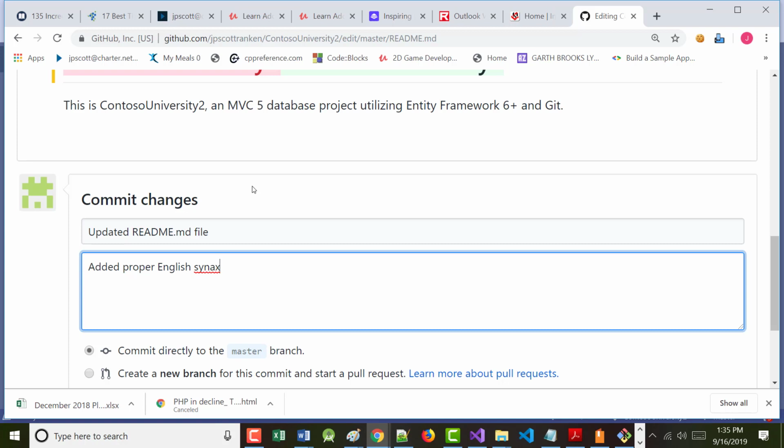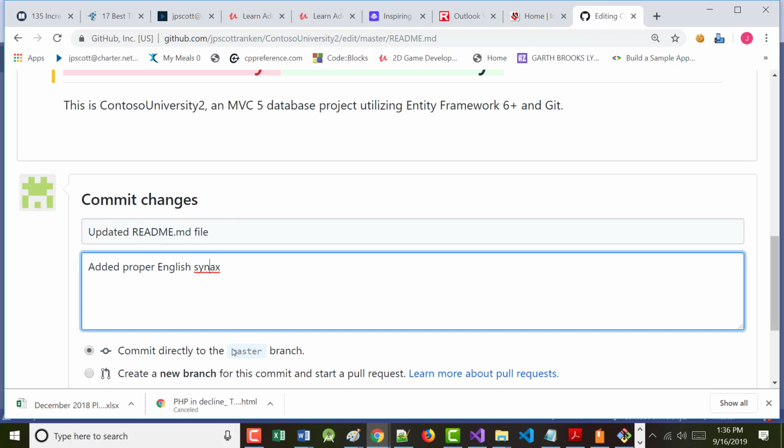by default, it's going to commit it right to where I am. That's what I want. But look over here. If I decided that I was going to make a bunch of changes, and this was going to be the first one, then I could start my own pull request and make a bunch of changes. Maybe I want to do this. Doing it the way I'm showing you, you can only change one file at a time. If I decide I want to change multiple files, I may want to choose the other option. We don't want to do that, so it's fine the way it is.